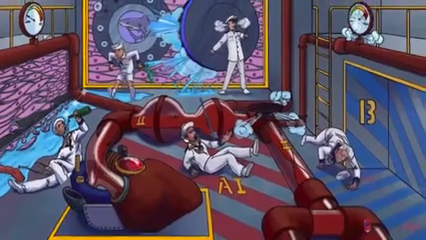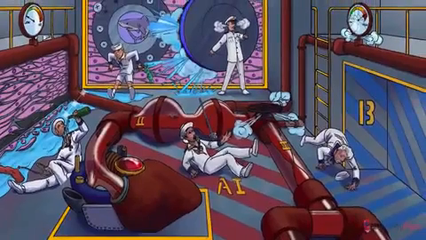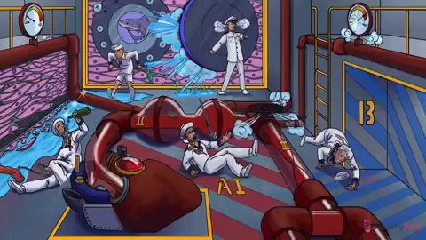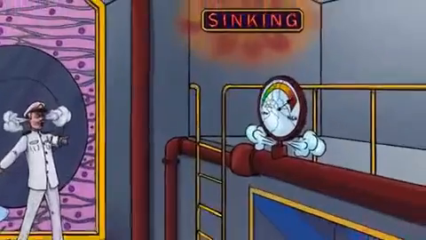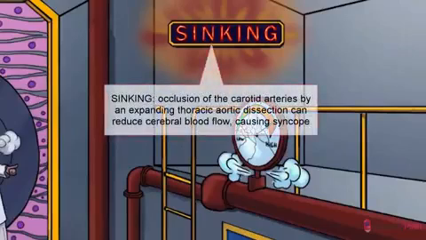On physical exam, aortic dissection classically presents with significantly different blood pressures, sometimes greater than 20 millimeters of mercury between the arms, with the right arm having lower blood pressure than the left. This happens when the dissection has compromised the brachiocephalic trunk, supplying blood to the right arm, but has not yet extended to the left subclavian artery, which supplies blood to the left arm. Hooray anatomy! By the same mechanism, occlusion of the carotid arteries will cause decreased blood flow to the brain, leading